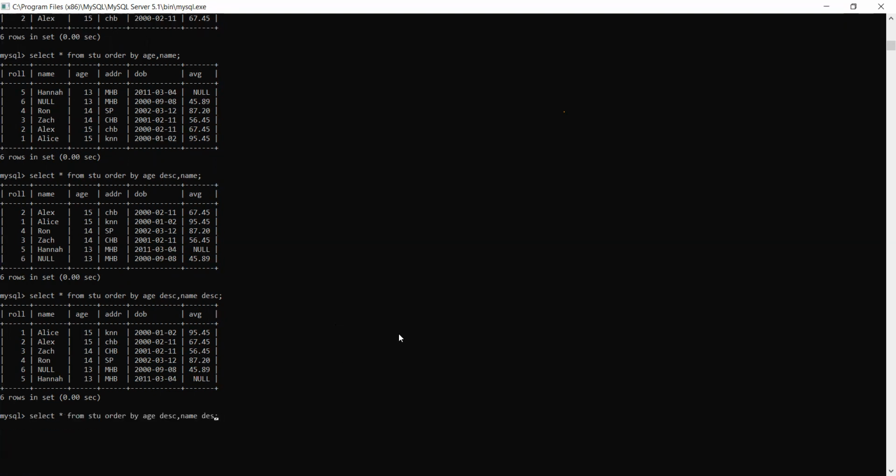And one more thing, how can we do that gender thing? Suppose I am having gender, I will arrange it order by gender. For gender, first all females will come, then all males will come, because F is smaller than M. Then comma, I can write name. I am not having gender in this table right now, but you think like this: if I write gender, then name. Gender means first all females will come, then all males, because F is smaller than M. Then for name, I have given the ascending order. So like this, it will come.